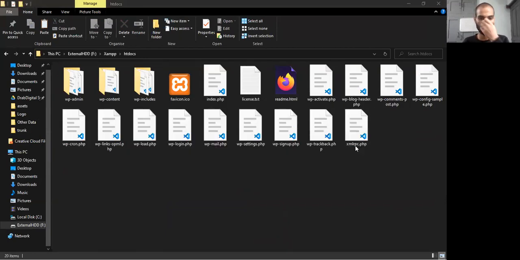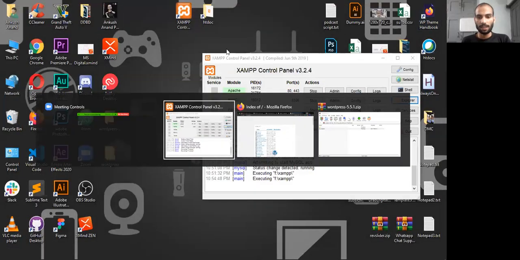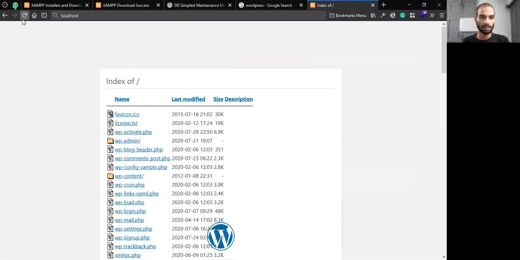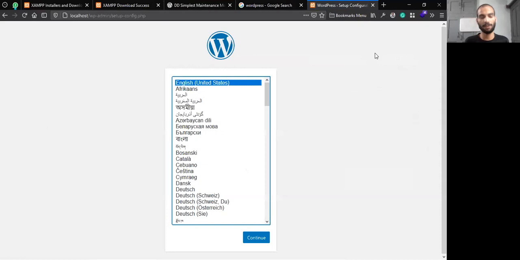Yeah, I will share the recording. So here I feel that all files are uploaded. Now just reload and you will see something else here. You can see it's taking time because it's loading the code. So here you can see, and guys, this is the actual WordPress. This is the actual WordPress installation.